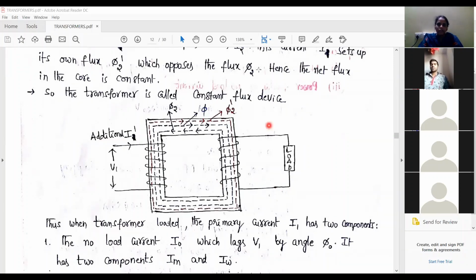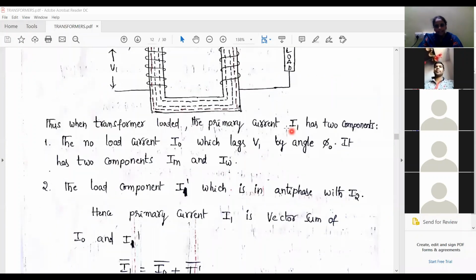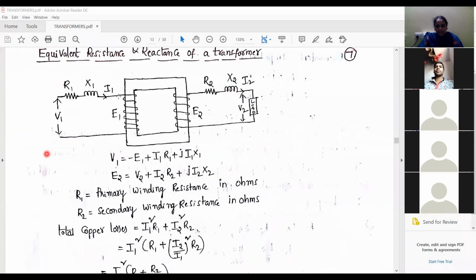When we studied the no load condition of a transformer, we said that if the transformer is not connected to load and it is ideal, the resistance is 0, meaning we are assuming that it is purely inductive, right? The same thing we are doing. The transformer primary has a resistance R1 and reactance X1. Whenever we consider it as a lossless transformer, we assume that the resistance will be 0. Is it clear? The primary winding of the transformer consists of resistance R1 and reactance X1.